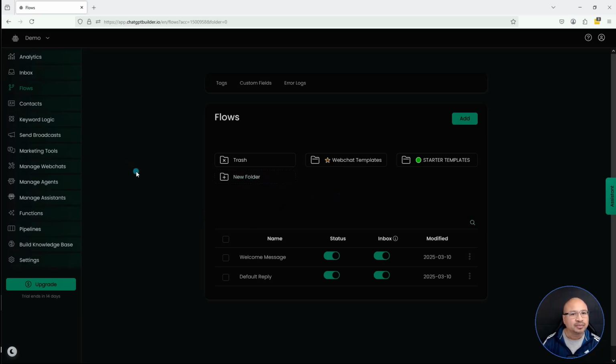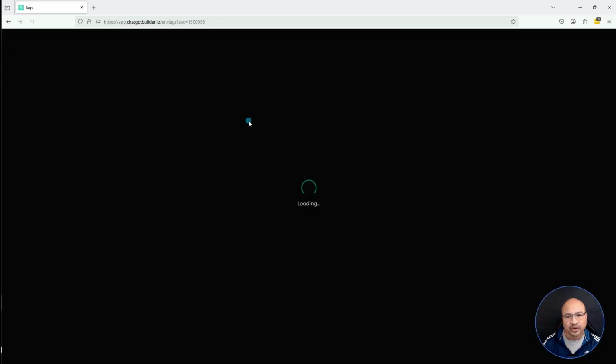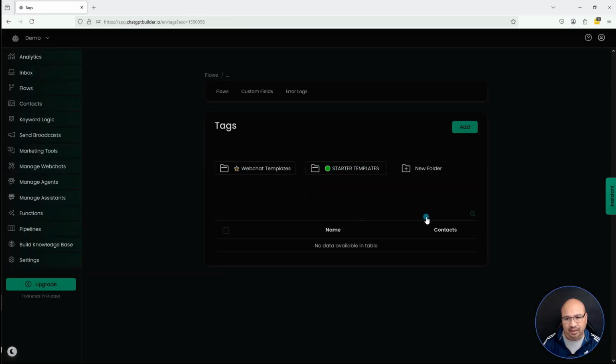Next, up here on the top is where you're going to be able to create tags for your contacts. Next tab is